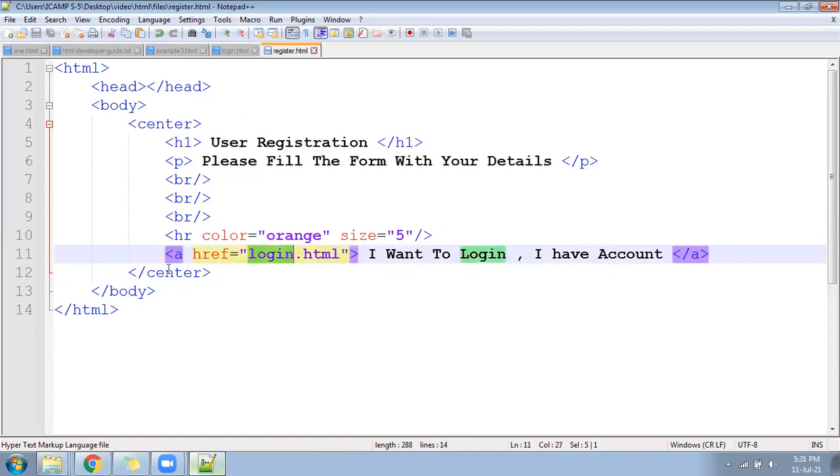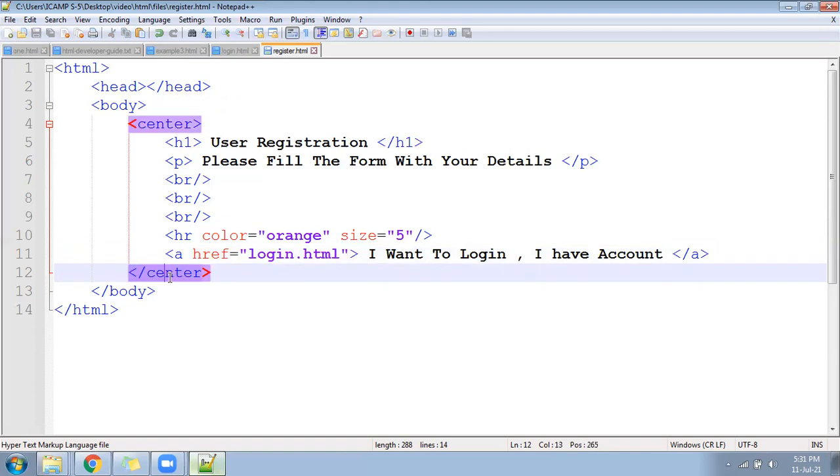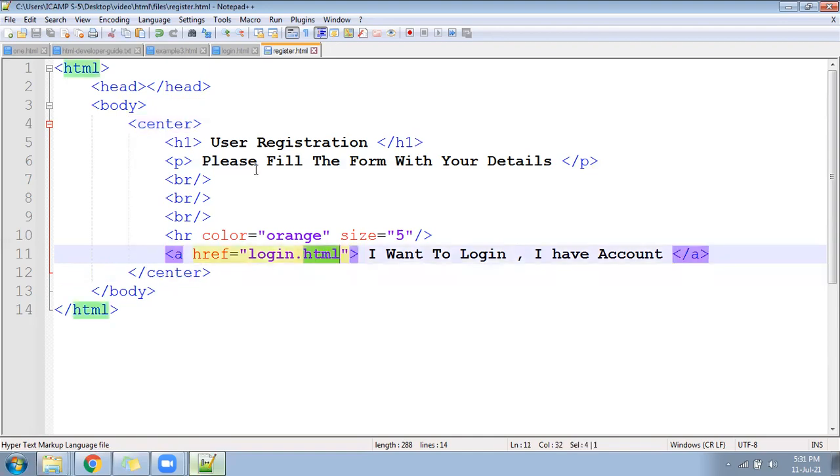So when you are practicing, don't create very complicated file names. Give login and register only, or give something like home and profile, or product and user, so that it will be a single word and you will not make a mistake. Okay, keep the file name as HTML. It's a good practice. Now I'll run the register page and show you.